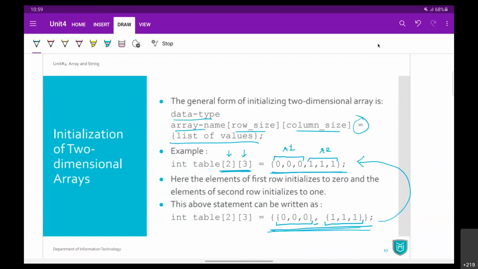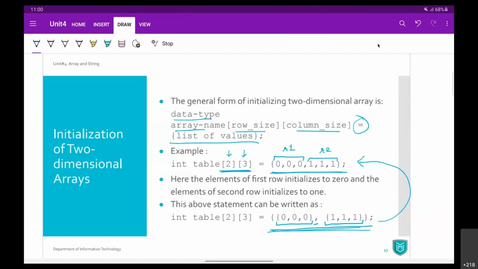So this is how you initialize your 2-dimensional array at the time of declaration. At runtime, you can assign any value, it's okay. But at the time of declaration, if you want to assign some values, then declare your variable equals to curly bracket, a list of elements, a single sequence of elements. If you want a more explanatory form, then you can separate each row by having nested curly brackets.